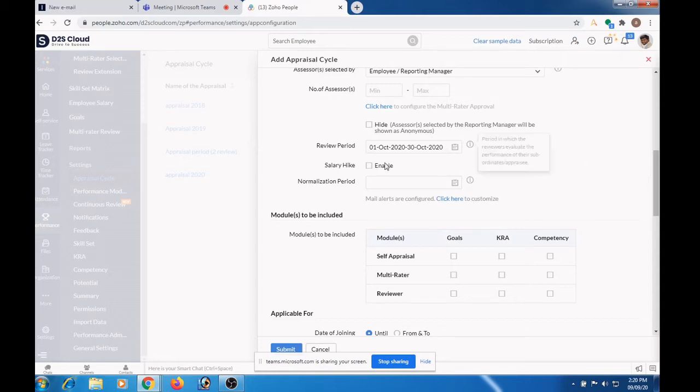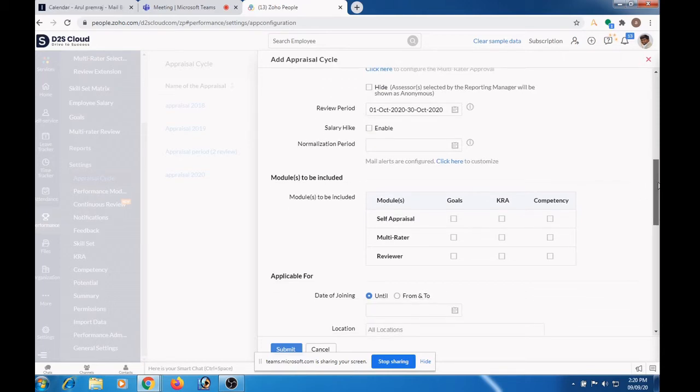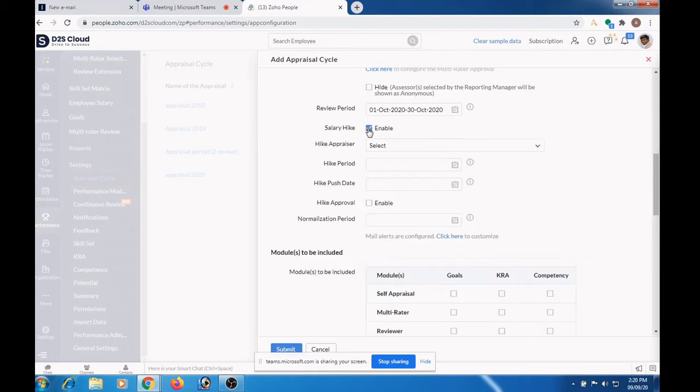So after this you can enable this salary hike. Normally at the end of the performance cycle, they will be giving a salary hike. In case the performance they are measuring is for a salary hike, you can enable this option. So for hike appraiser, you can select reporting to.